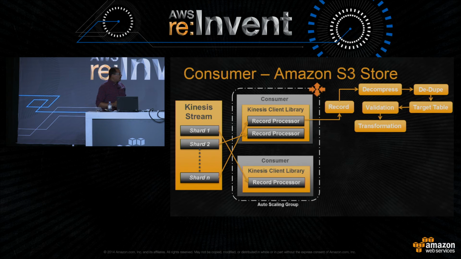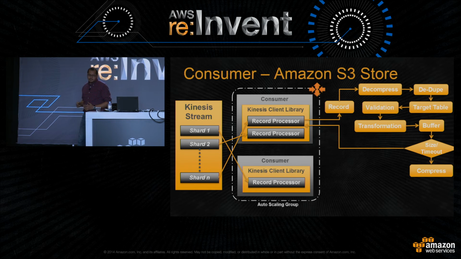Then we do a transformation of that data into DSV, delimited separated format, to make sure that we are preparing that data for load into Redshift. So that DSV formatted data, we buffer it again. We check for a certain size, or if the timeout kicks in, we compress that data, and then that data